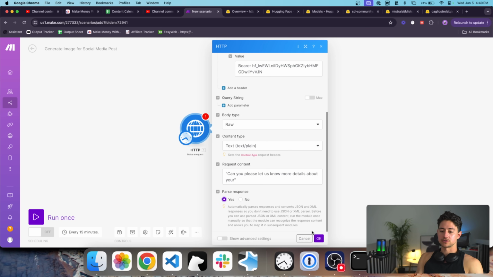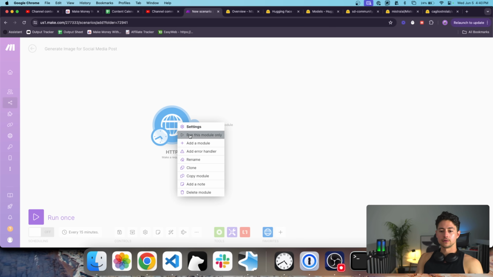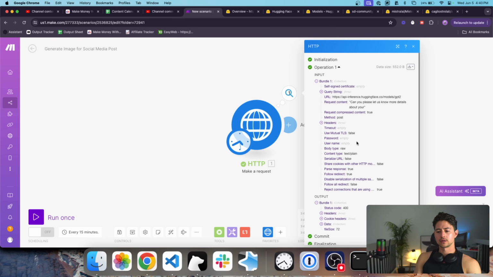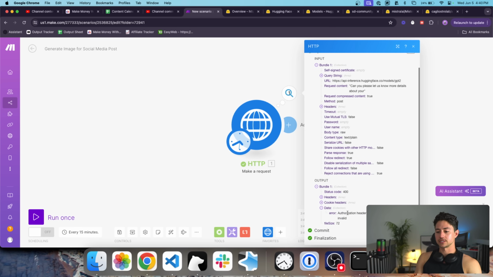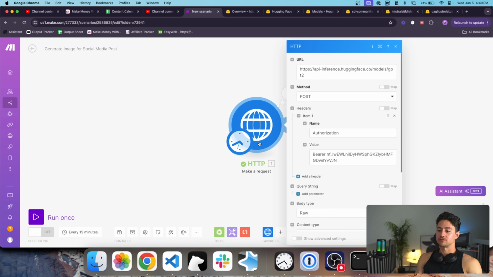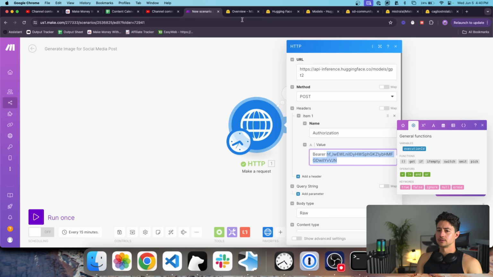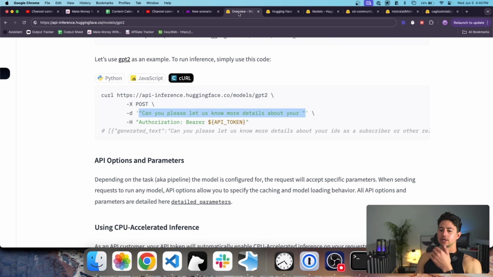And I'll click yes to parse response. So I don't know if this is going to work immediately. No, it doesn't look like it. So let's see. Authorization header is correct, but the token seems invalid. This is this token. So it's possible that,